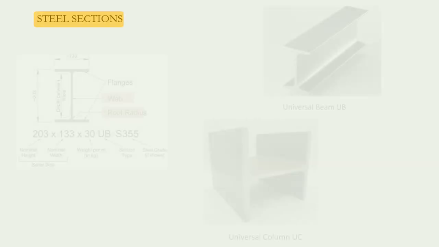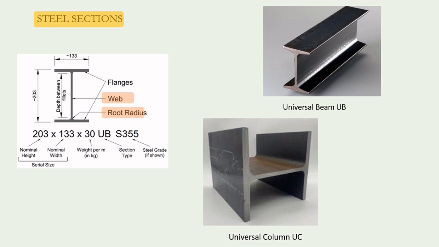Types of steel sections. I sections. For I sections there are universal beams and universal columns. A universal beam, also known as an I-beam, consists of two horizontal plates called flanges connected by a vertical component called the web. The flanges primarily resist bending forces, while the web resists shear forces, making this I-shape highly efficient